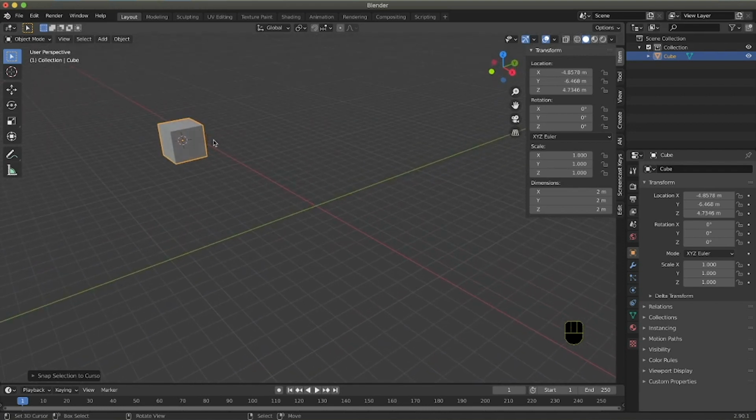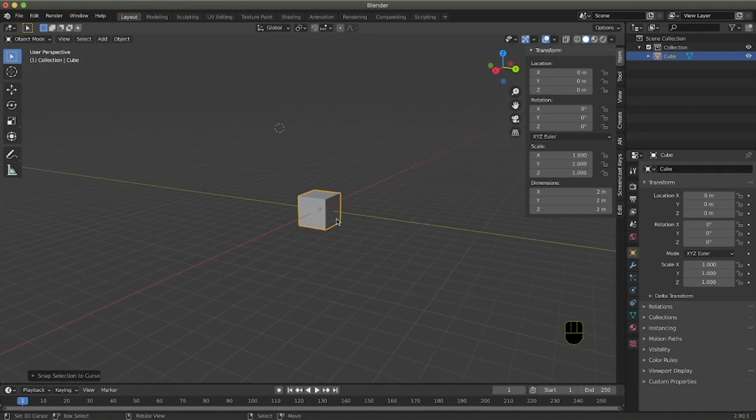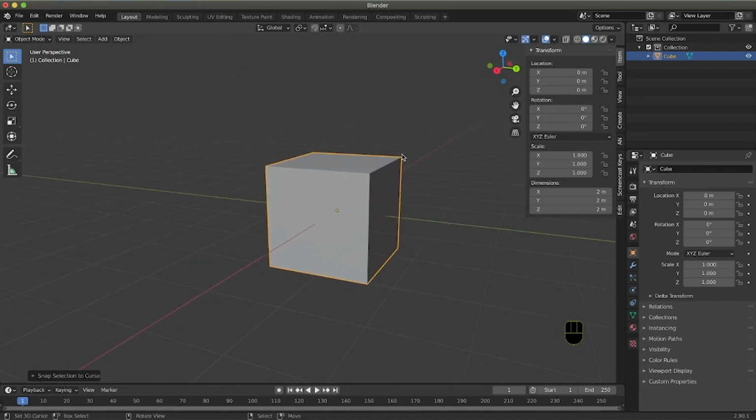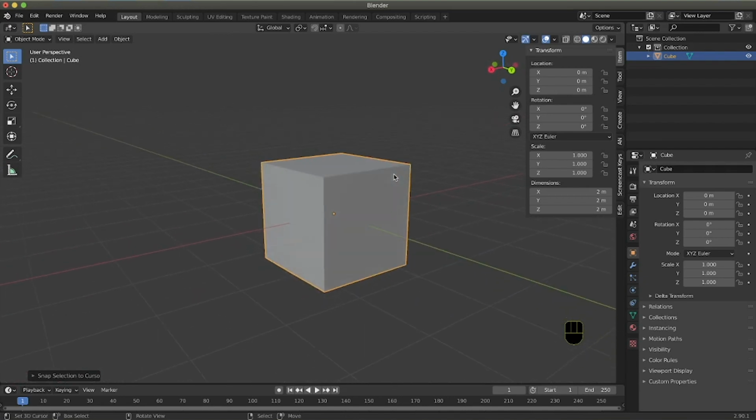At the moment it may seem a little bit abstract, but let's say that I want to position this cube in the center, again pressing 0, and I want to create a new cube that has its center in this vertex of the main cube.